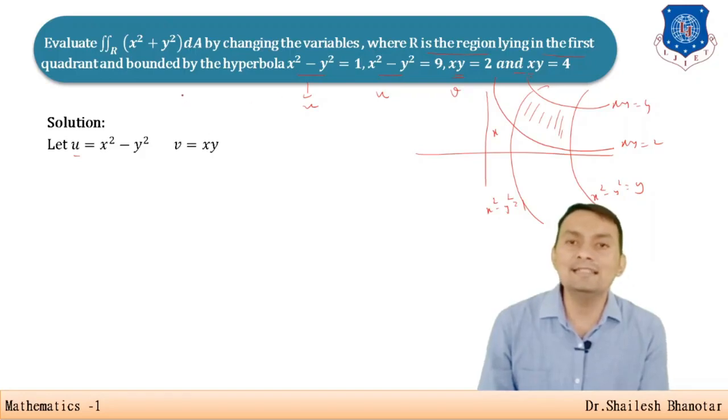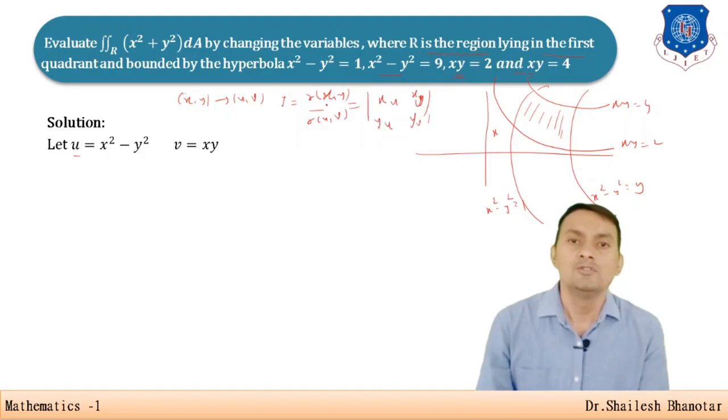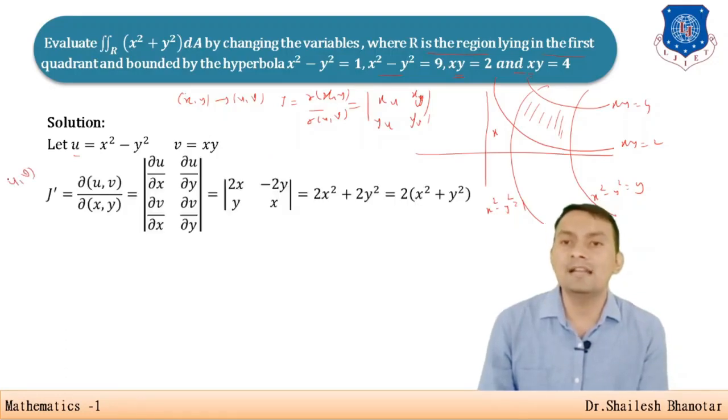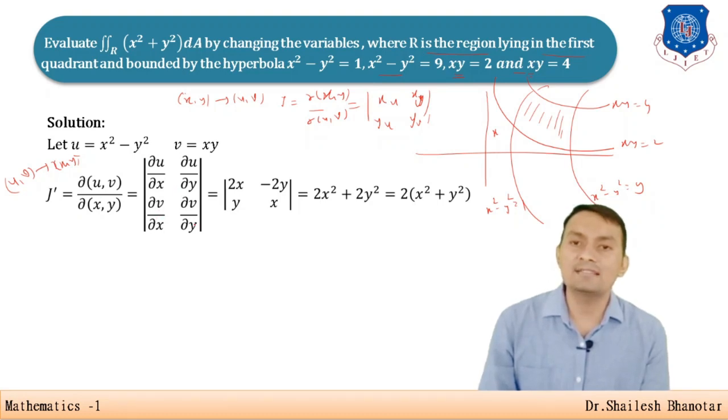So here we want to transform x, y into u, v, but whenever we find the Jacobian J, it should be del(x, y) divided by del(u, v). Whenever we transform xy to uv, x must be in terms of u and v, and y also must be in terms of u and v, but that is quite difficult. So I'm just going to consider J dash, which is nothing but transforming uv to xy, and therefore J dash can be written as del(u, v) divided by del(x, y): del u by del x, del u by del y, del v by del x, del v by del y.